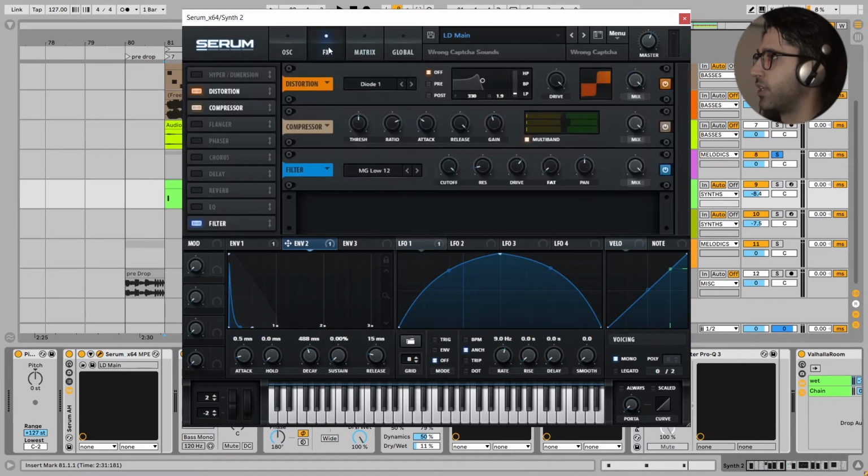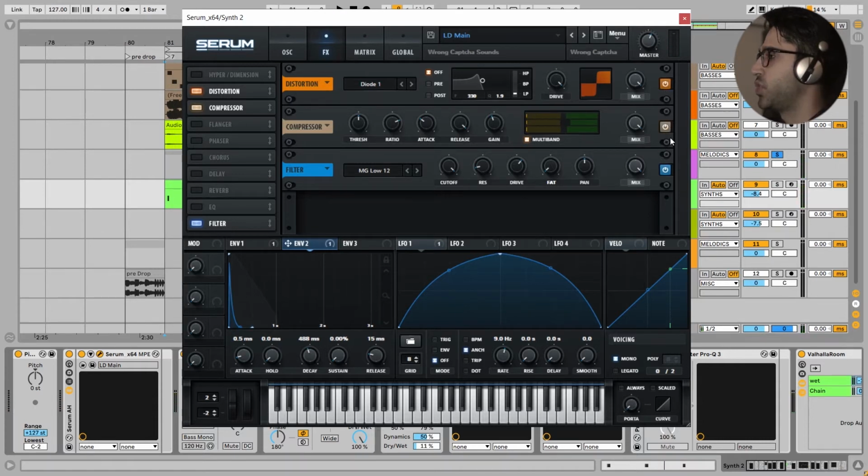And in the FX section, as always, a lot of distortion right here, and this distortion is doing a lot to this sound. Let me turn this off. The sound is completely changed, but when it is on, yes, that's what we want. And after that, OTT with the multiband on, and makeup gain is a lot, it's 16 dBs. And you can see without these two effects together, we have a very weak sound. But when these two are on,